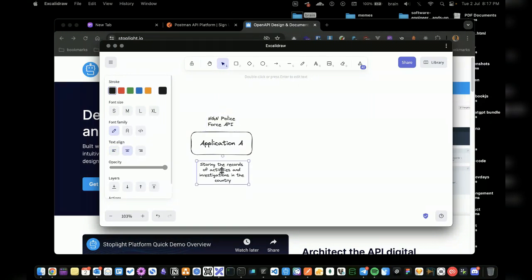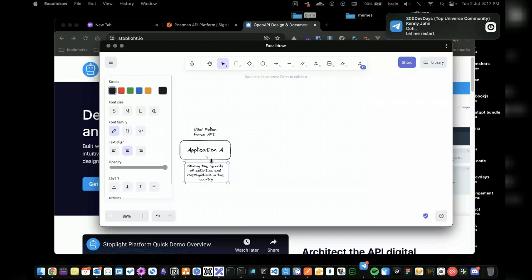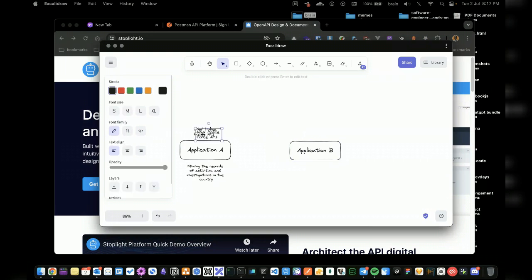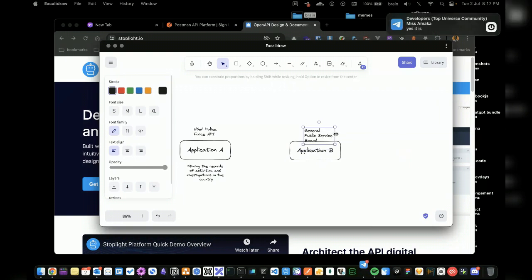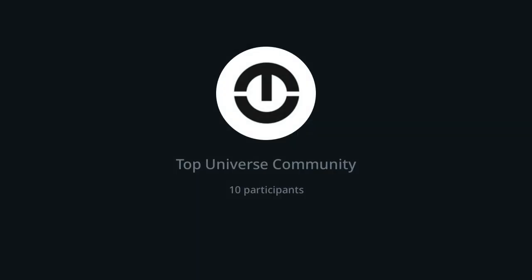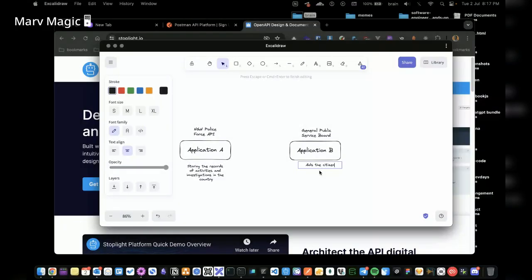All right, so this is an API for storing activities and investigations in the country by the police. We'll call this the NGN Police Force API. And then we have another application, which is application B. Let's say we call this the General Public Service Board. I don't know what that is, but just to give an example, this particular API aids individuals or citizens to publish, post, or send